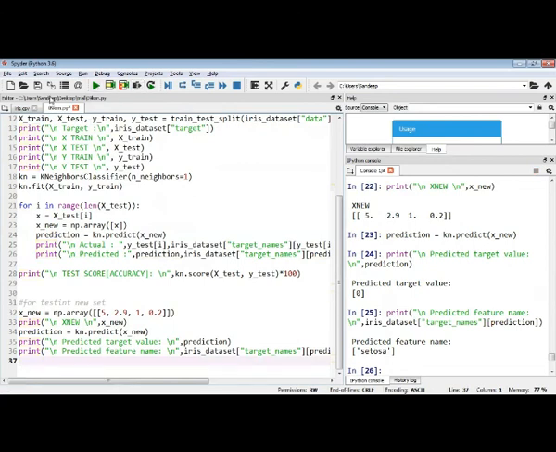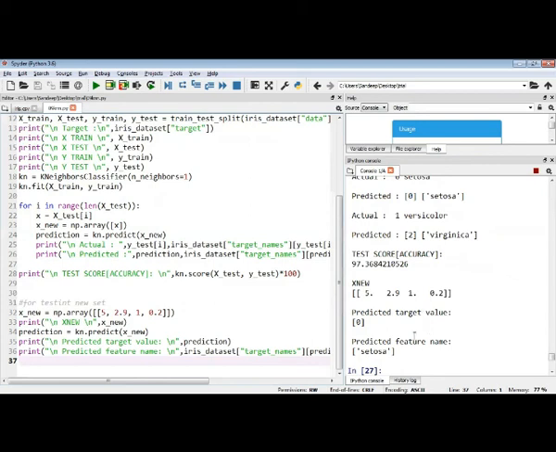Is it clear? So this is the KNN algorithm implemented using the sklearn package in Python. You can also run this program at a time. You may even change the value of this and run it again and check what result it gives.